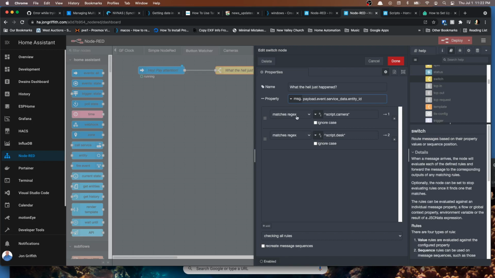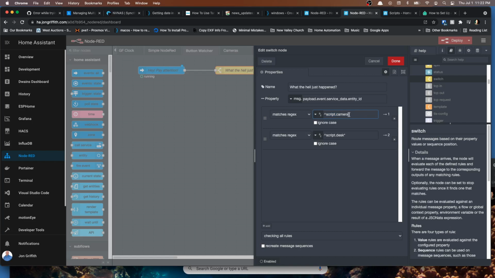So I use "matches regular expression", which is another language that I don't know very well whatsoever, but I have figured out that if I make sure that this is set to a string, because that's the type of data that's coming through, and then I put this little caret here, and then I say caret script.camera